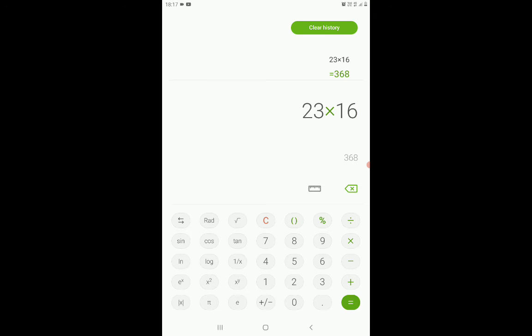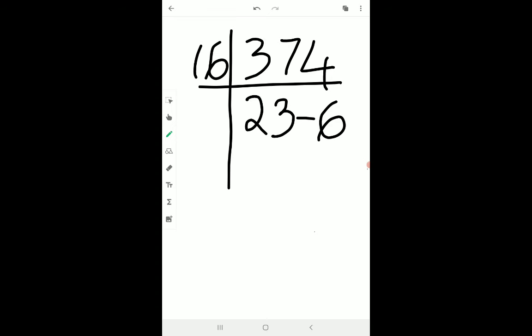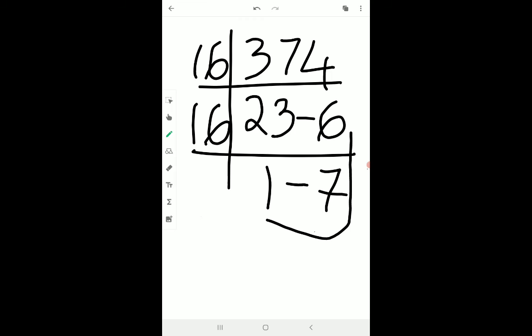If you subtract this 368 from 374, you will be getting 6. Then you put that 6 here. Then you divide 23 once again by 16 and you will be getting 1, remainder 7. So you were getting it as 176.